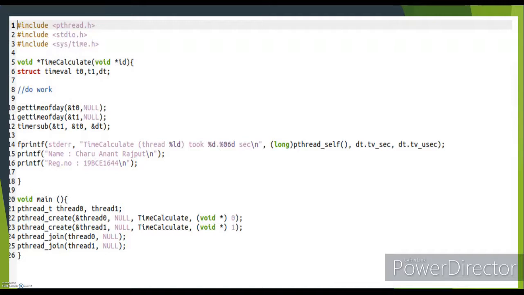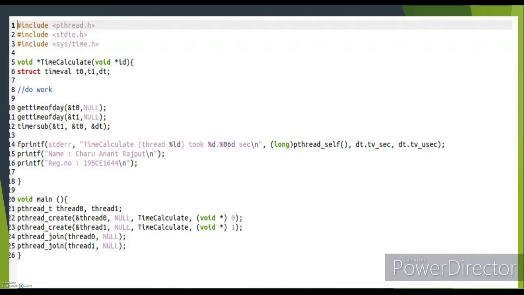Coming to the main function, we first declare two threads, thread 0 and thread 1, which are of data type pthread_t. After this, we call the pthread_create function, which enables us to create a thread. It is being passed four arguments. First is the reference of the thread variables which we have declared earlier.